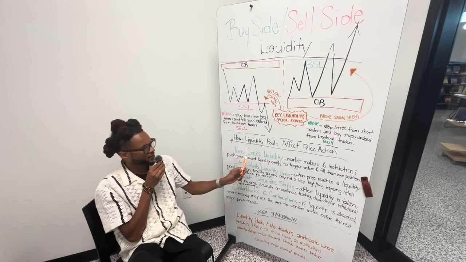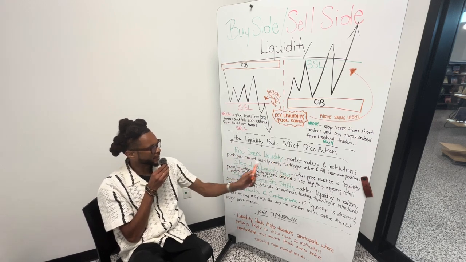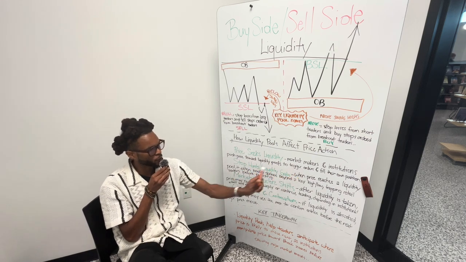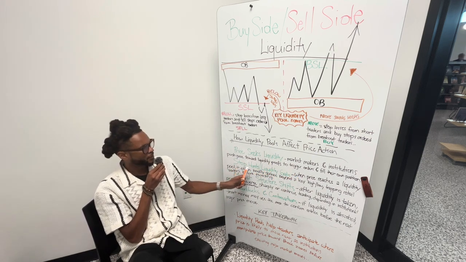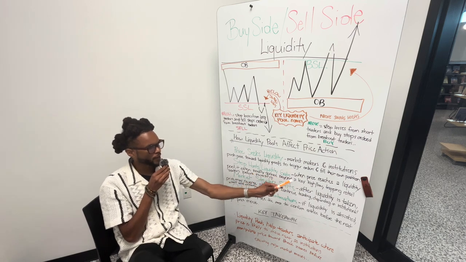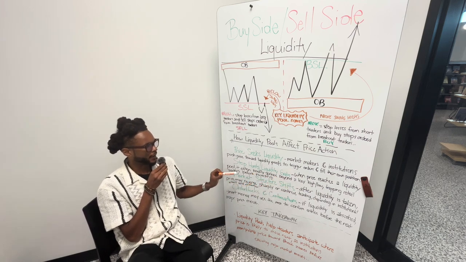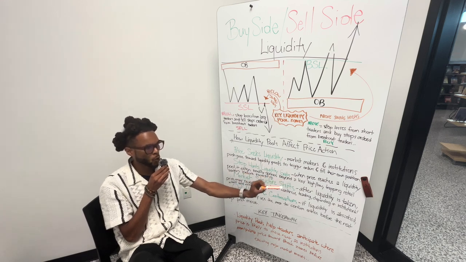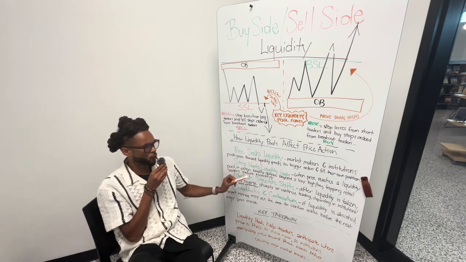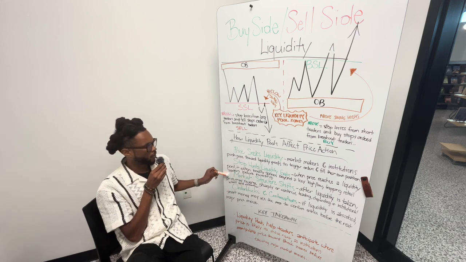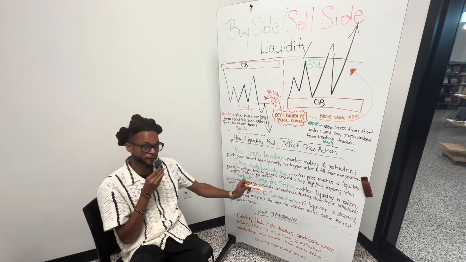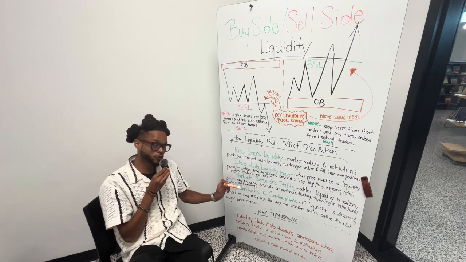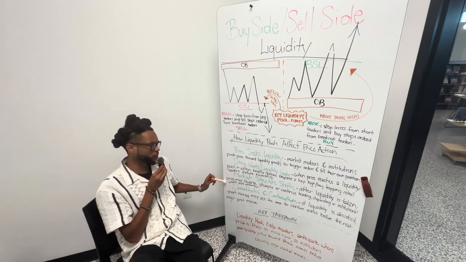Now, price seeks liquidity when market makers and institutions push price towards liquidity pools to trigger orders and fill their own positions. Stop hunts and liquidity grabs are when price reaches a liquidity pool. It often briefly spikes beyond a key high or low, tapping retail traders before reversing. Market structure shifts: after liquidity is taken, price may reverse sharply or continue trading depending on institutional intent